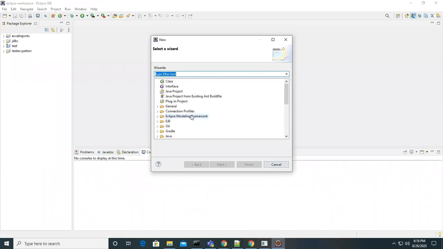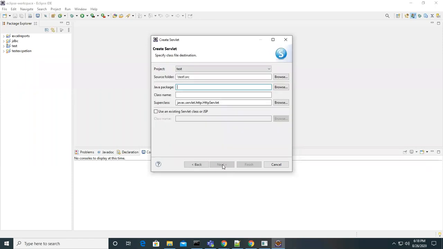Here you can see web, and there you can see Dynamic Web Project. Servlet, yes. Even if you want to create a servlet, you can select it.